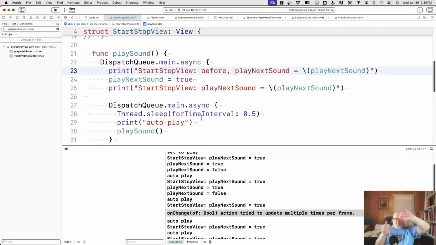Schedules the next tick, and then returns. The main thread goes to the next task. Is, hey, there's my UI. Look, on change is true. Play the sound, and then set the flag to false. The only way this would get in there like that again is if for some reason we